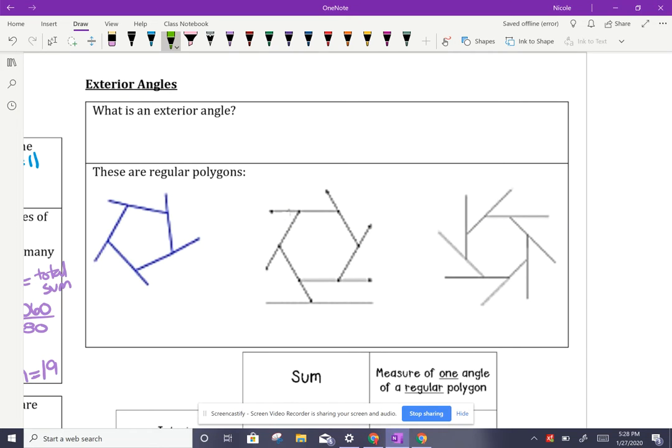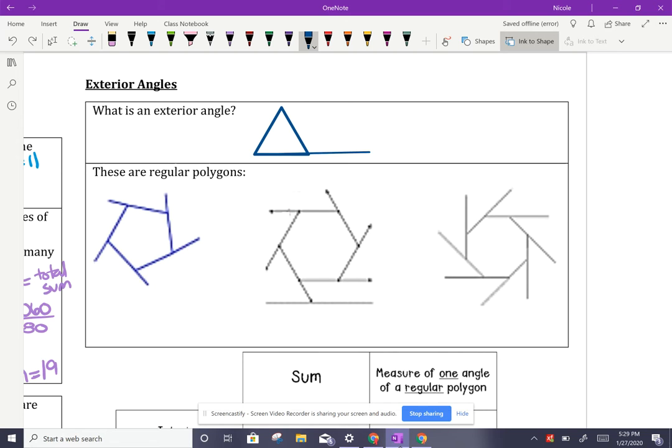All right, the exterior angles are what we're going to focus on now. So the exterior angles of a polygon are an angle that we've talked about before. So think about our triangle. We've done this with triangles in the past. So think about our triangle. If I have a line that extends out from that triangle,